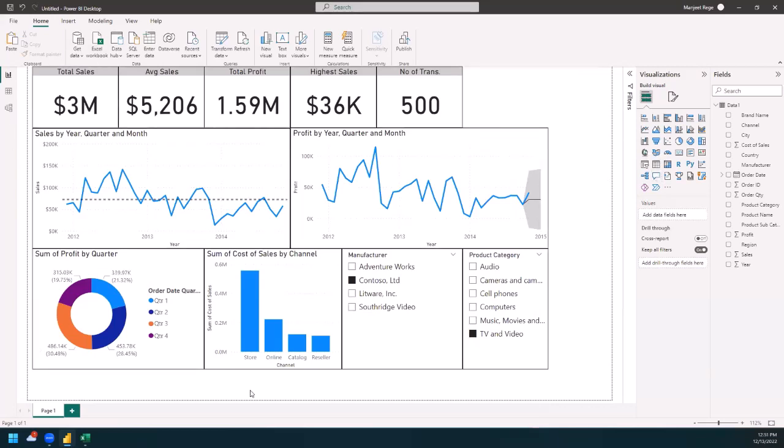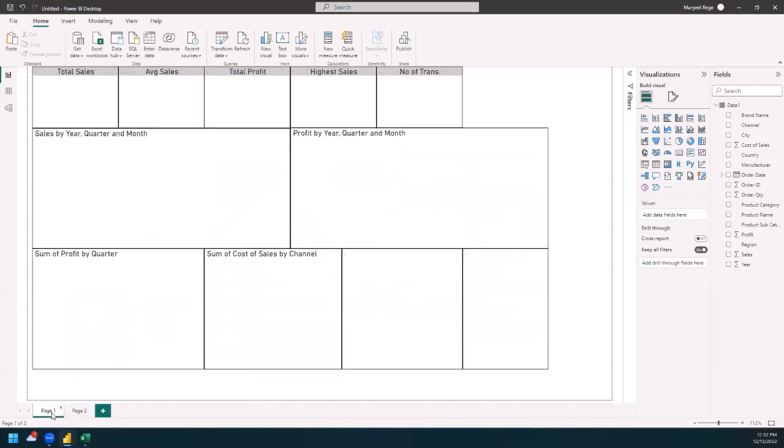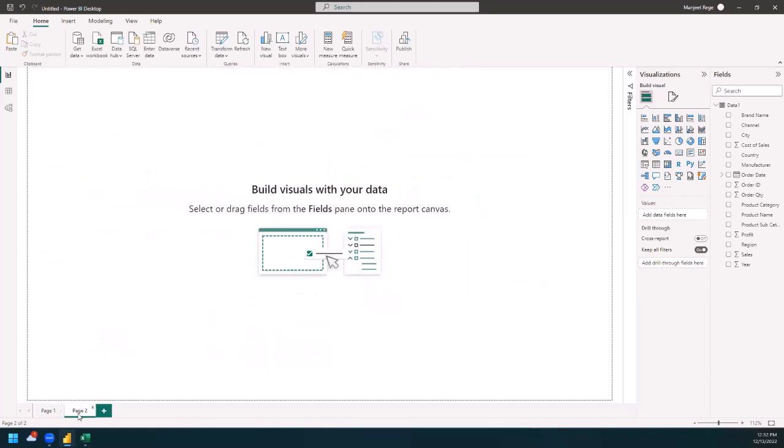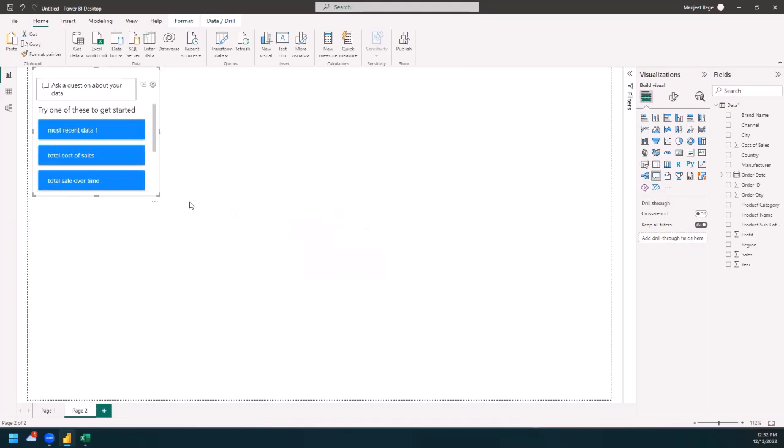So I'm not going to be touching this. This is a great dashboard that we have created, so let it be the way it is. But at the bottom here, I'm going to click on new page, right? So this is page 1, this is page 2. And on page 2, let's create this Q&A. So I'm going to click on this Q&A, and